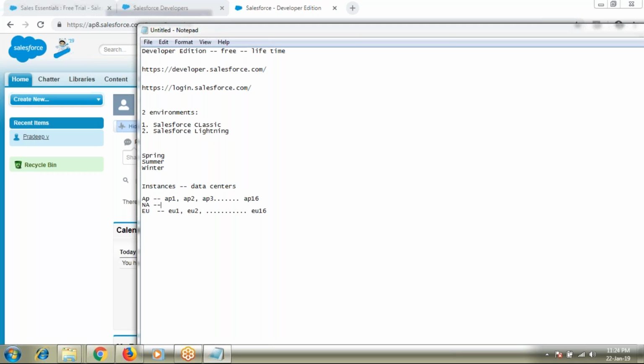Coming to North America, they have NA1, NA2, until almost NA50. So these are different sub instances, or I can say sub data centers, under each instance of Salesforce.